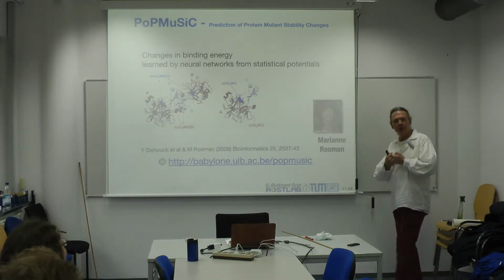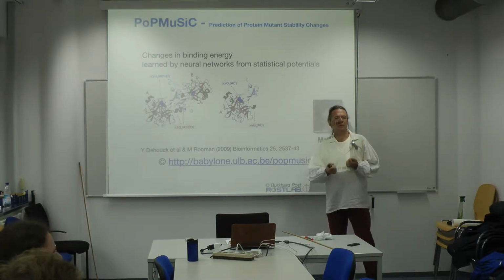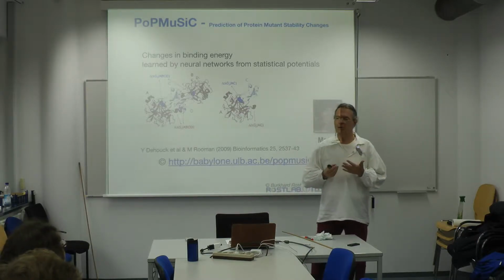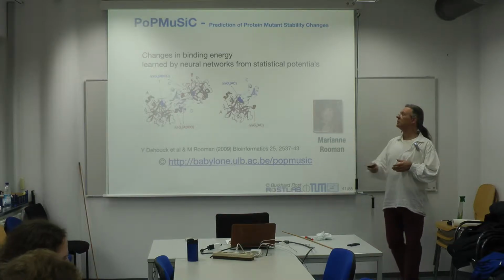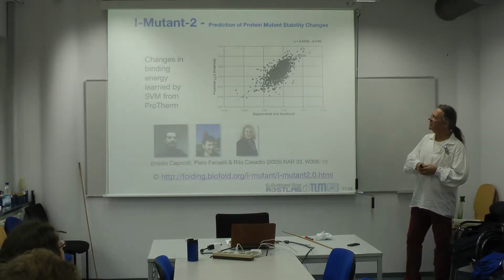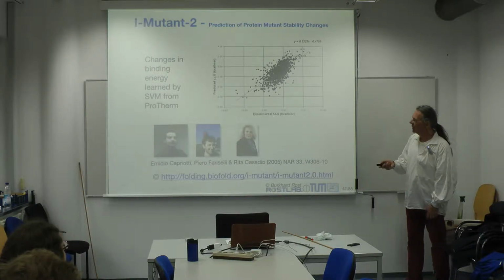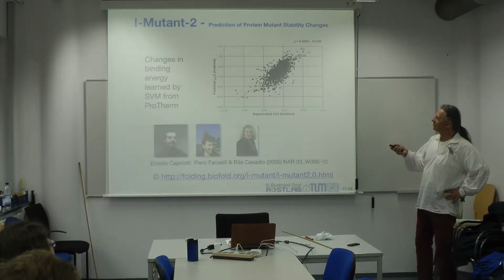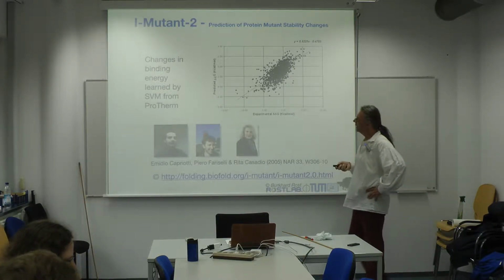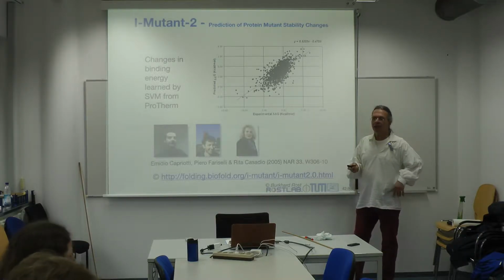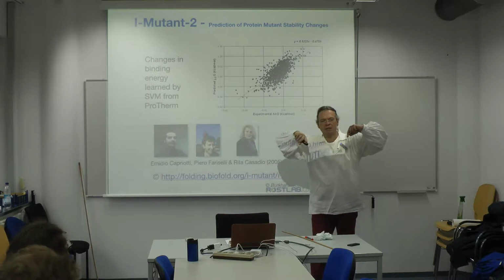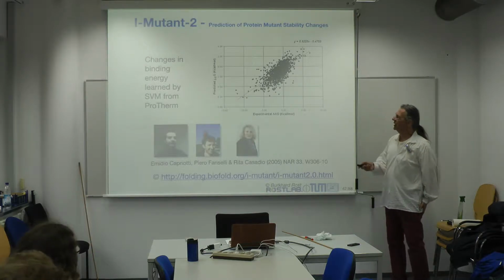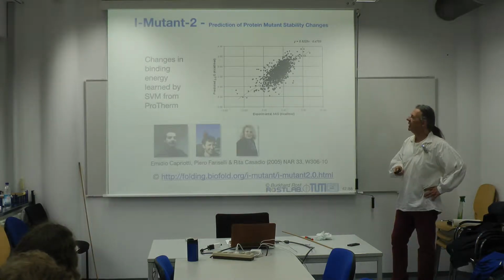Anyway, so you look at the change in the binding energy that is computed from 3D structures, and ultimately, first they tried it as a model that sort of simulates MD calculations, and then they went into machine learning with this. So initially statistical potential. Now we get into something done by Rita Casadio and Emilio Capriotti, Piero Fariselli in Bologna, I-Mutant. So again, now we're looking at experimental delta G measurements and predicted, so essentially a machine learning from the sequence environment, what would be in that particular case the change, the effect of that change. The delta G learned from a database called ProTherm.